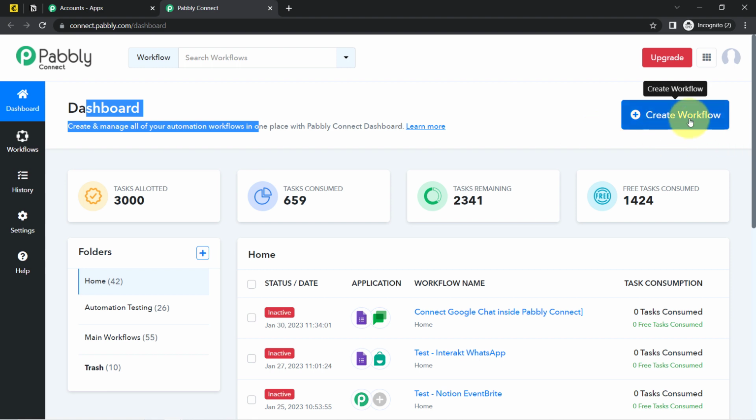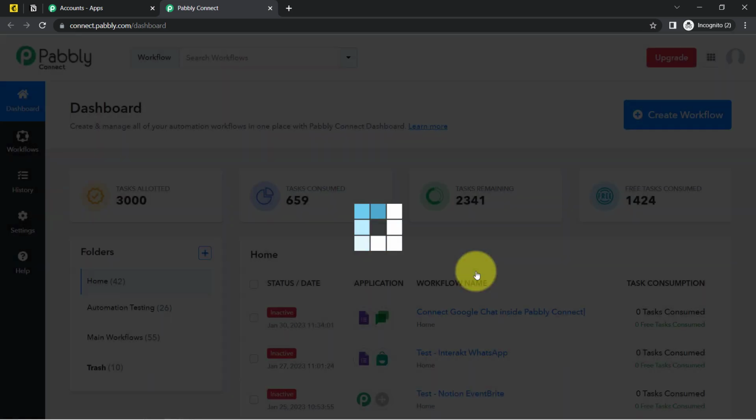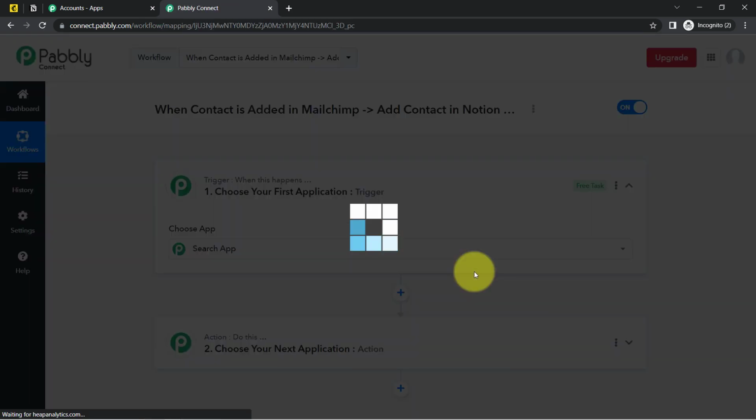After reaching here, you'll first have to click on this blue button, that is create workflow, and simply provide a random name to your workflow, to your automation. So I have pasted the name as, when contact is added in Mailchimp, add contact in Notion as well, and I'll have to correct the spelling of this, contact and subscribers here are the same. Simply click on create, and after that you will find two boxes in front of